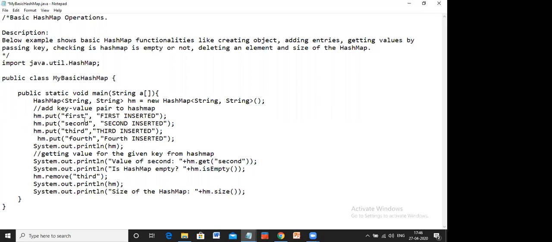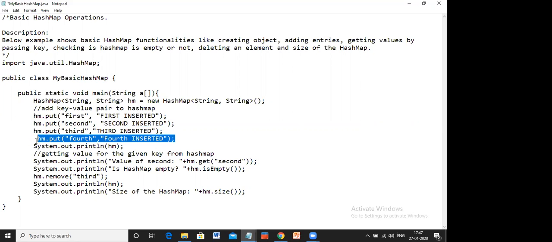Is that okay? Getting this? Okay. So hm.put, first this is the key and this is the value. This is the key and this is the value to it. Key value, key value.